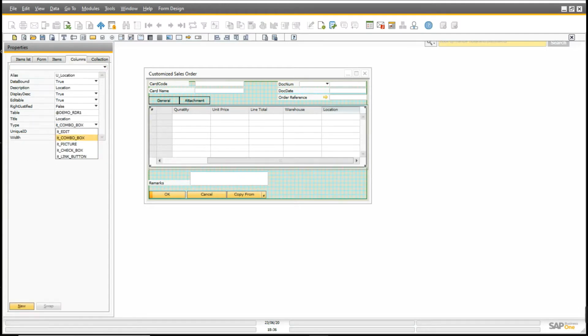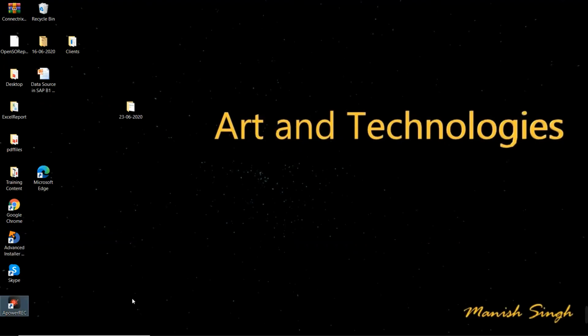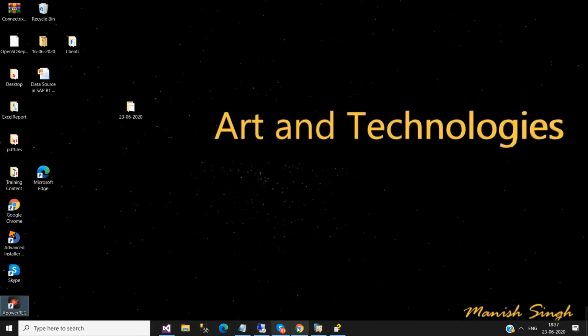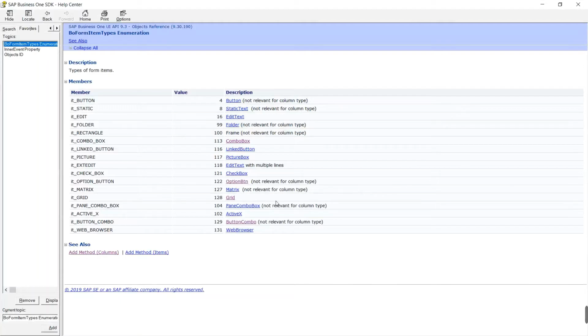Let me move to the SDK part, where you can see the items you can create on the form and the restrictions for a few items. This is the list of items that you can design on your SAP Business One form. Button is not relevant for column type, you can see here.